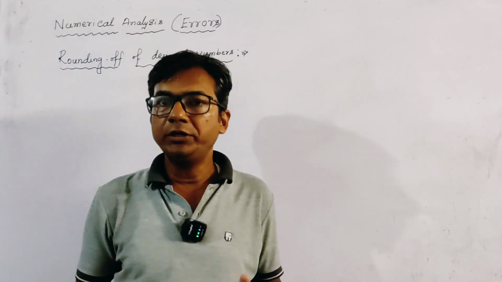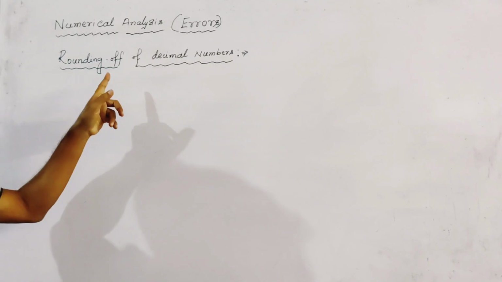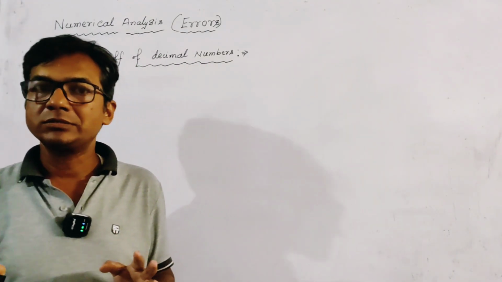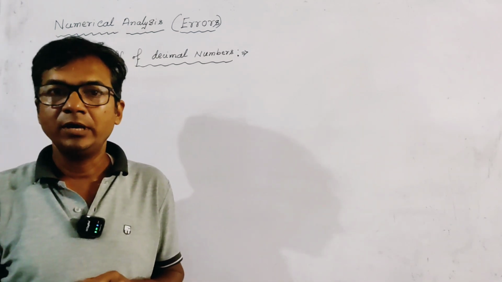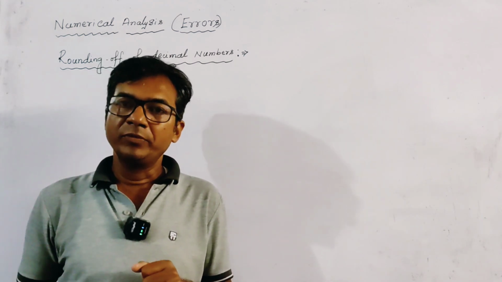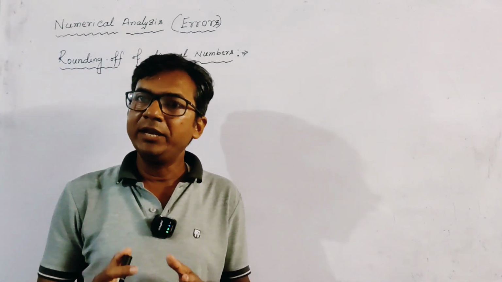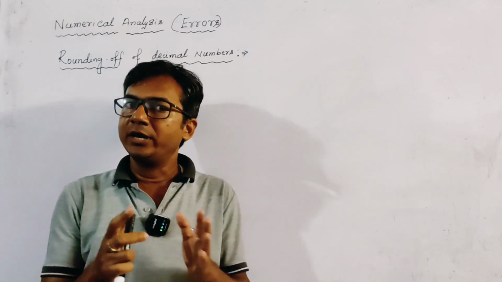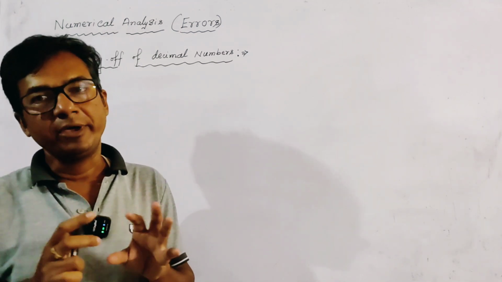A very important term of numerical analysis is rounding off a number or a decimal number. So here we discuss the rule of rounding off a decimal number and what the rounding of a number is. Okay. Now, due to limitation of any machine like computer, calculator, etc., in which computational procedure can be made,